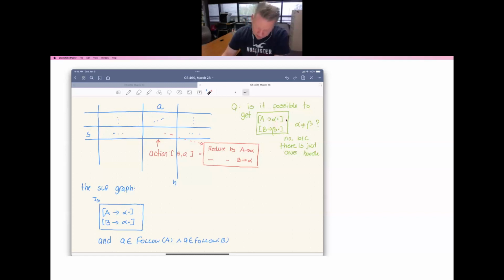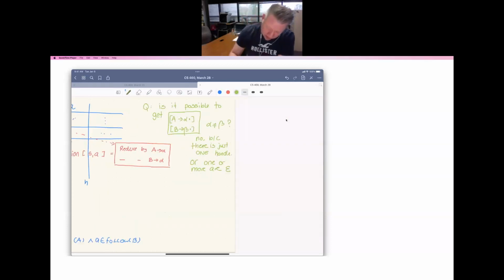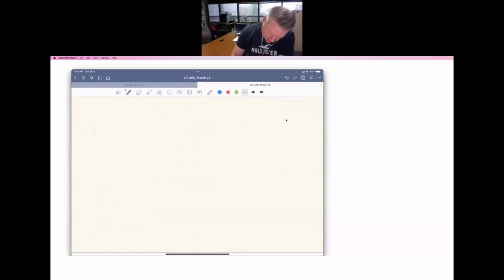So we can get reduce conflicts if I have more than one completed item. I suppose you could, actually, that's not entirely true what I'm saying here. So I suppose one or more are epsilon, because that could happen, right? You could certainly always have some epsilon transitions. So in general, if I have a